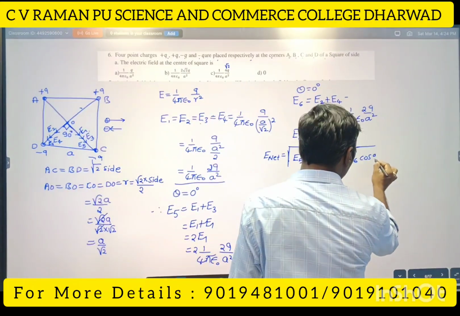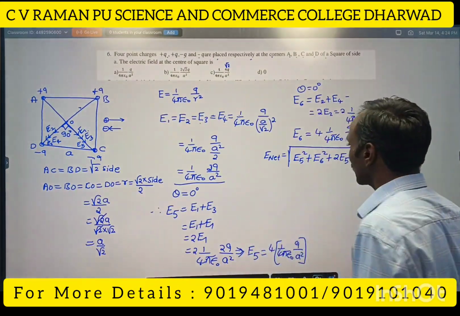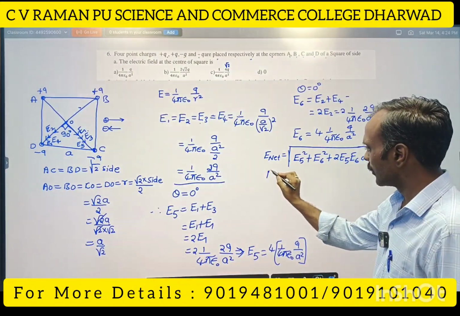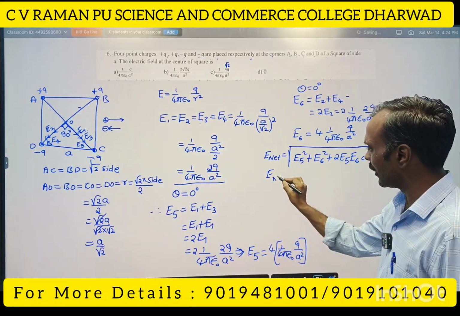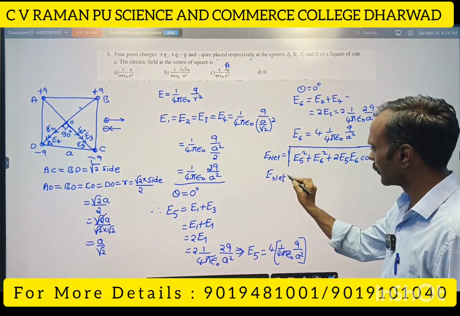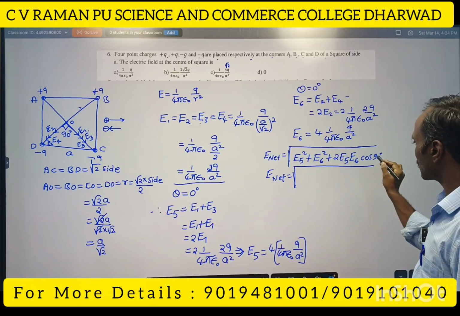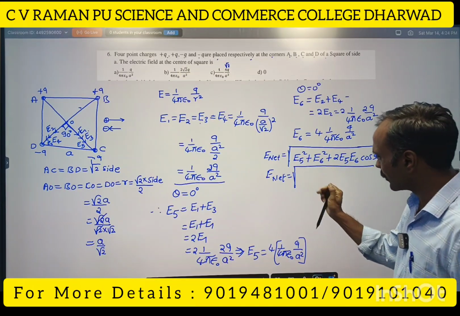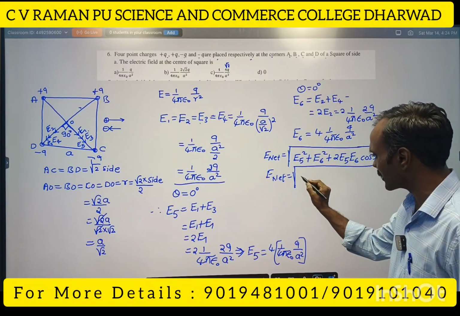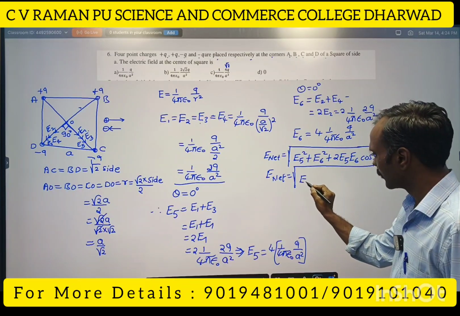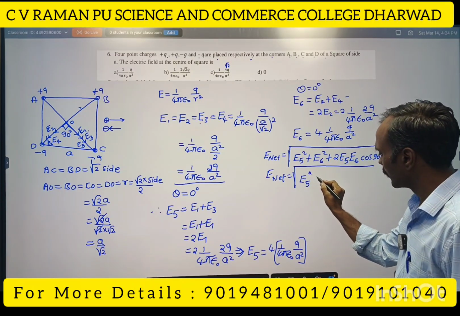So I am substituting theta equal to 90 degrees. Then what is the net electric field? Cos 90 is equal to 0. Before that, here I will write it as E phi square plus